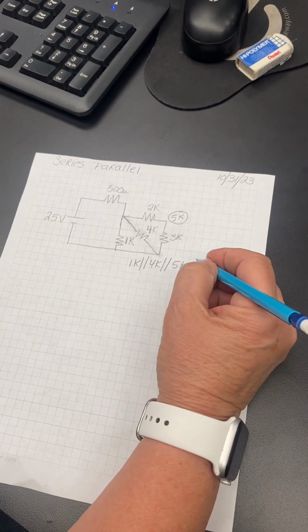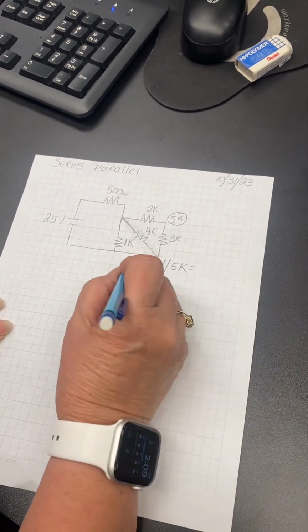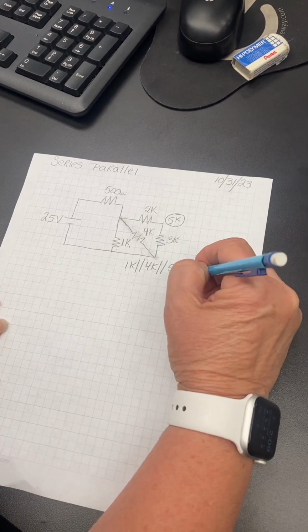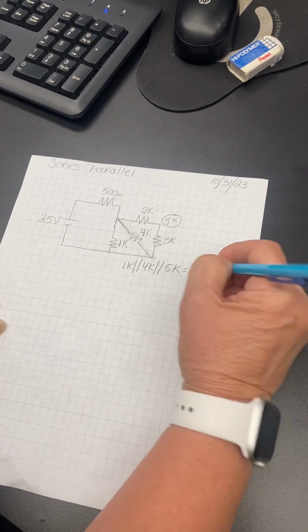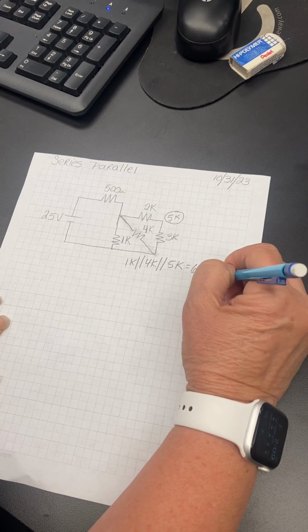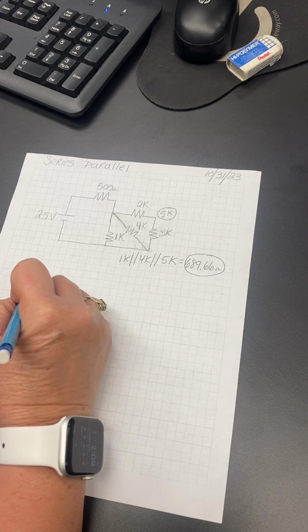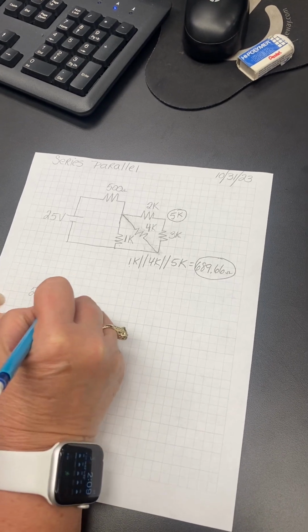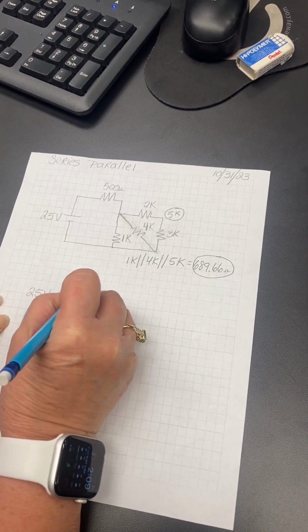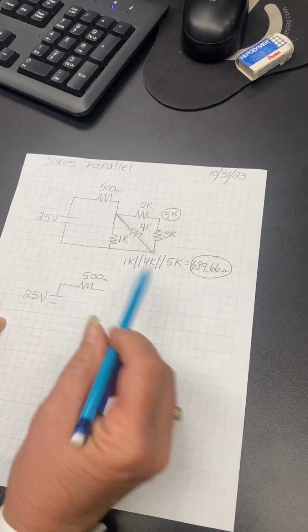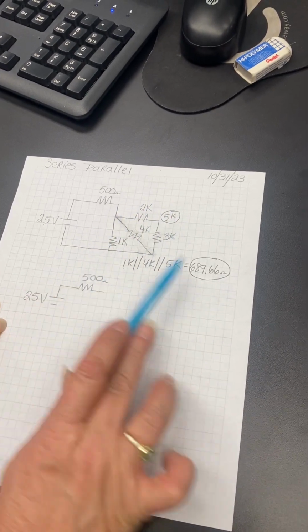And remember, when in parallel, you'll get smaller than the smallest resistor; that should be your R total. In this case, it's 689.66 ohms. So then we're going to circle that. We're going to redraw the 25 volts. Here's the 500. We haven't done anything with that yet, but what we did is minimize all of this to